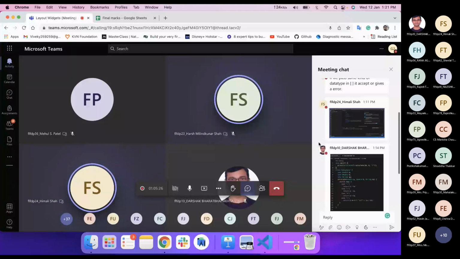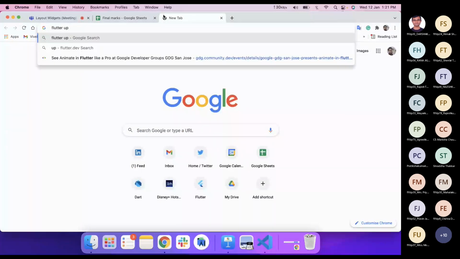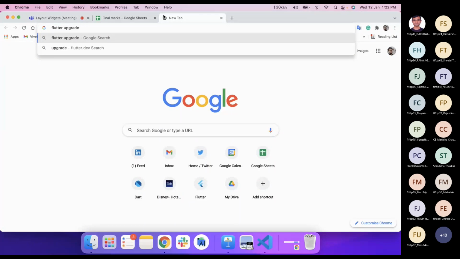Okay, so do one more thing, try flutter upgrade first. This command, flutter upgrade, will help you upgrade your Flutter repository. After that, I guess if you try flutter create, it might create the project.